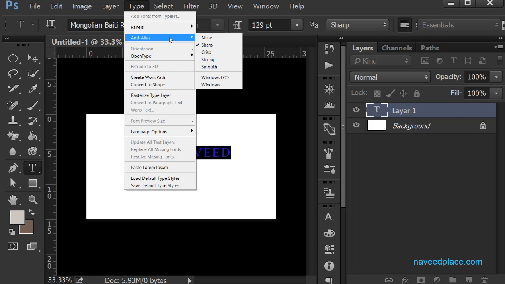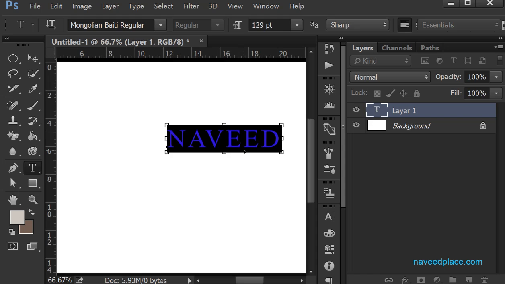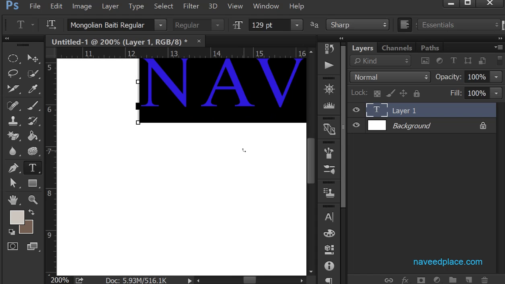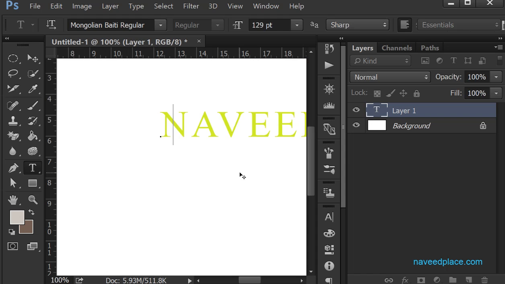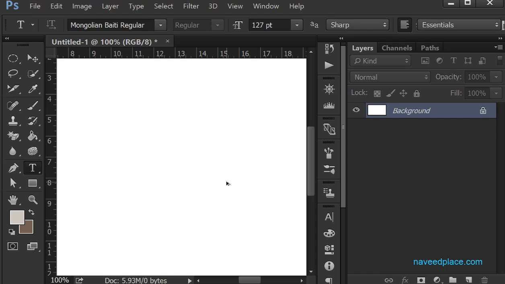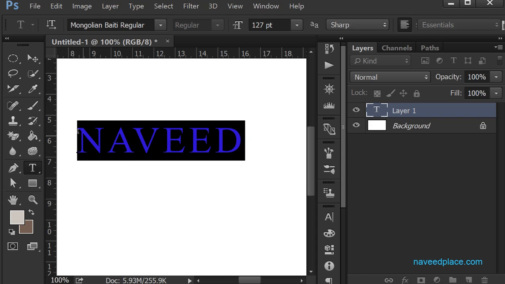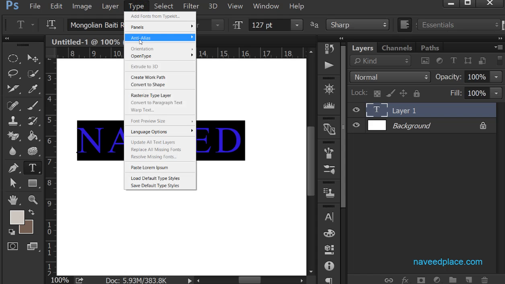We have Anti-Alias. So what does anti-alias mean? For example, if I want to change the edges of my text, I can zoom in. Okay, I will take another text. If I type Naveed, it's fine. If I select this and go to the Type menu and choose Anti-Alias,